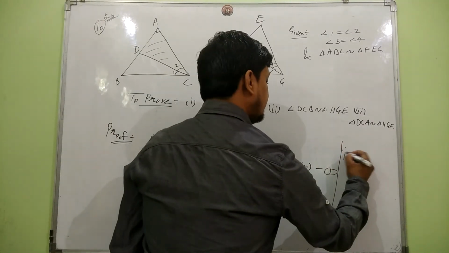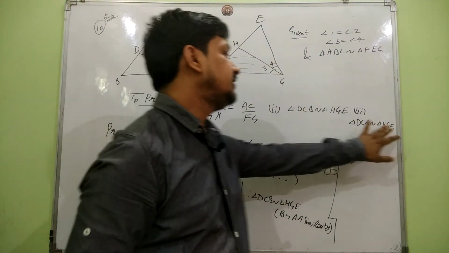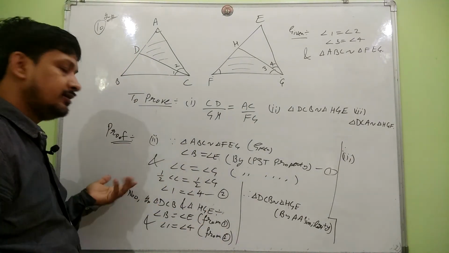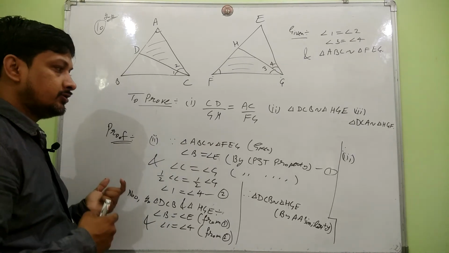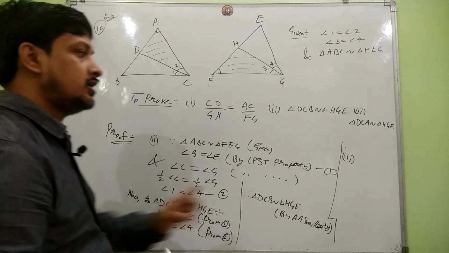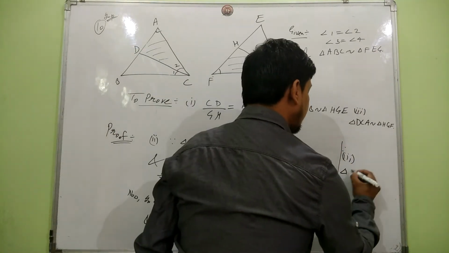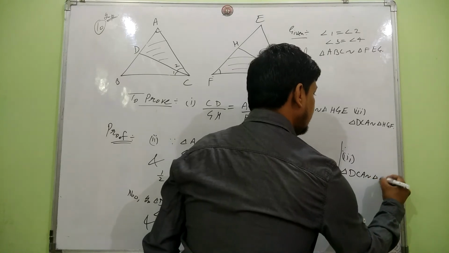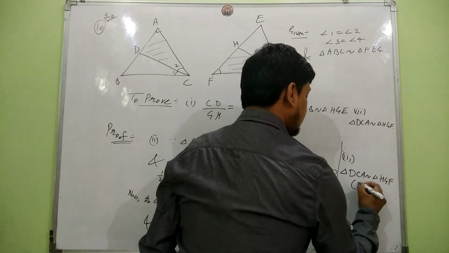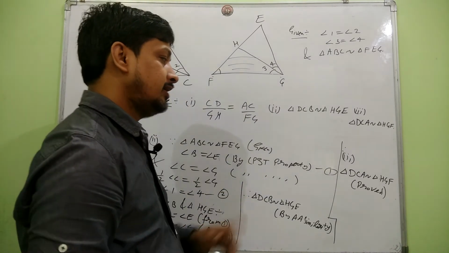Now for the third part, you see triangle DCA. Where is triangle DCA? This shaded triangle, and HGE. We have to prove them to be similar in the third part. We have proved them earlier in the first part, but there we wrote the other names according to the correspondence. But we have proved these triangles to be similar. So we can directly write triangle DCA is similar to triangle HGE. Here we can write proved, because we have proved these triangles to be similar in the first part.